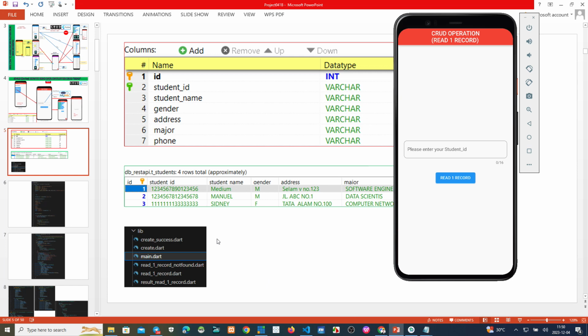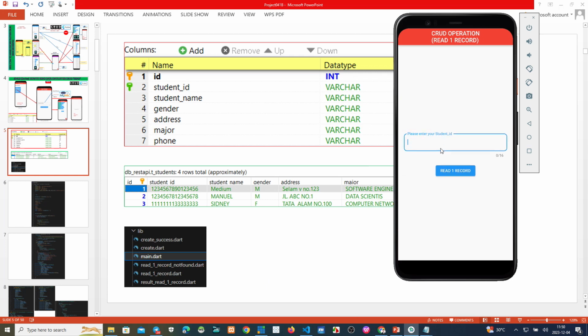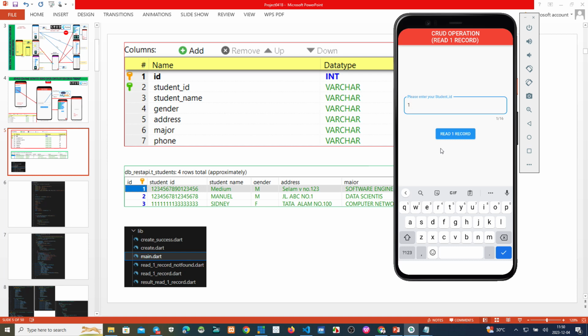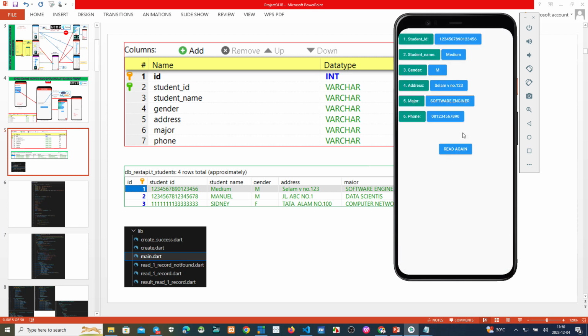Okay, so this, try to type here 1 2 3 4 5 6 7 8 9 10 1 2 3 4 5 6. Okay, 16. Ready? Click here. Okay, this one, the student name and gender, address, number 1 2 3.